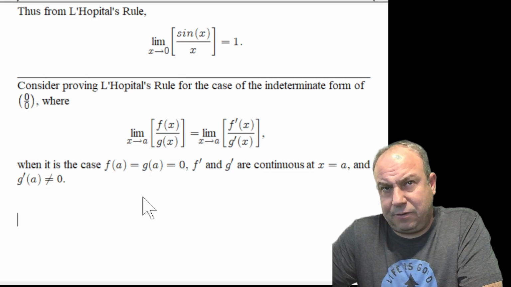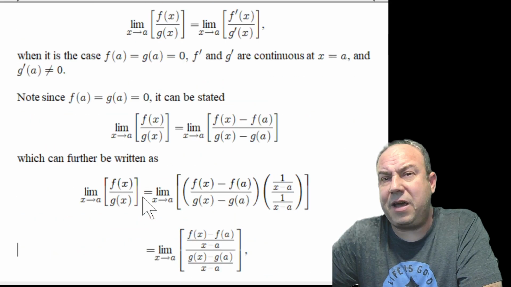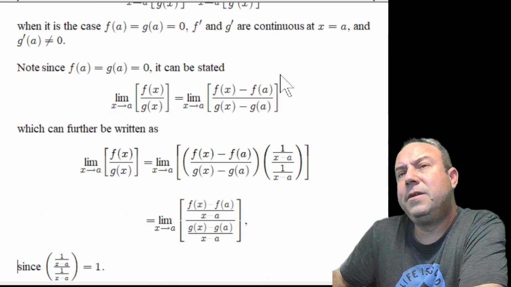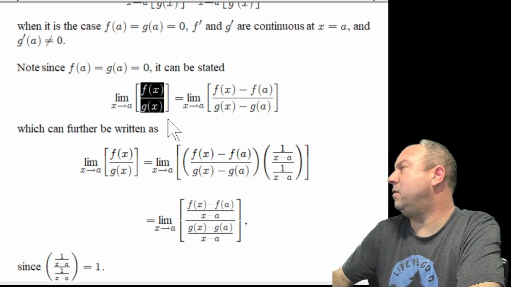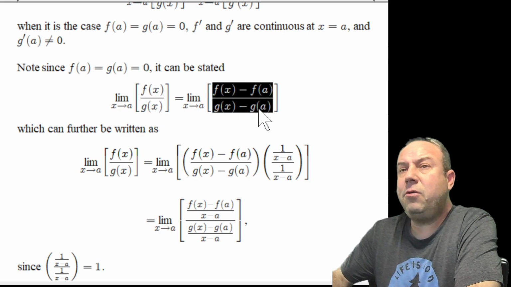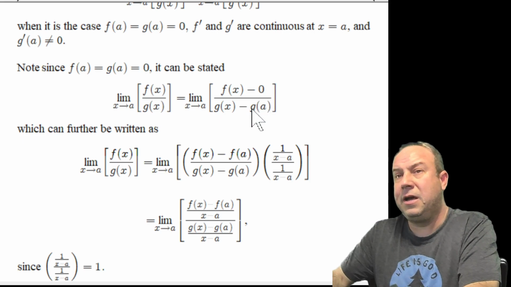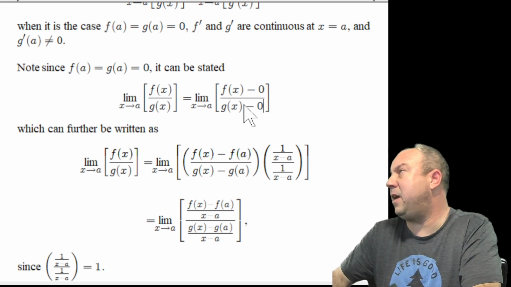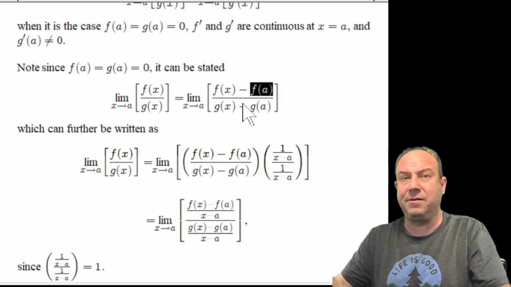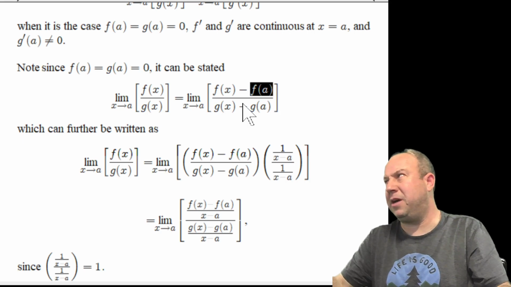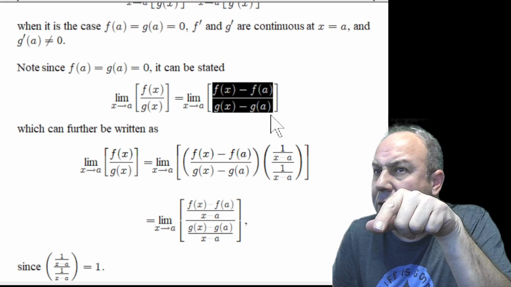Well, under these assumptions, since f of a and g of a are both equal to 0, subtracting them in the numerator and denominators of our limits argument has no effect, right? That's like subtracting 0 in the numerator and subtracting 0 in the denominator, which has 0 effect on the numerator and denominator. Right? Bad pun there. Right? With 0 effect,